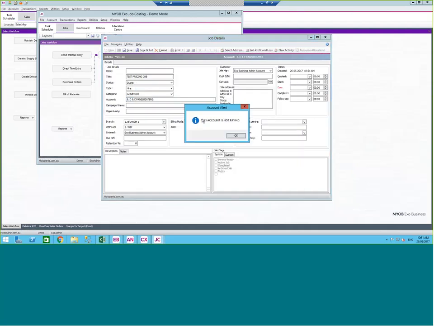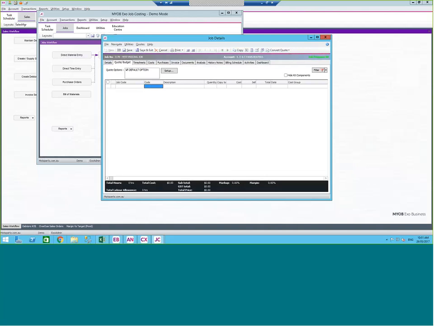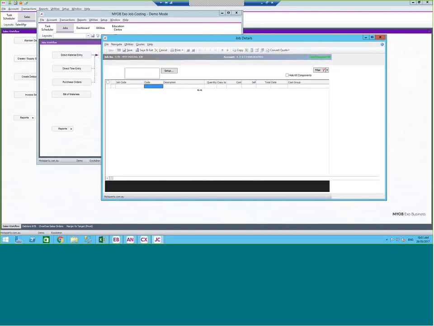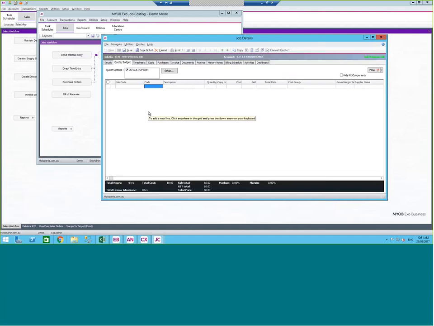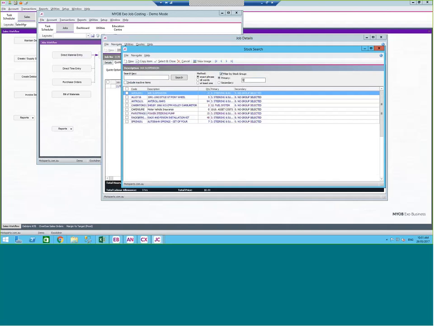We use our same panel beater as the customer, so the account is the customer or debtor that this job is being done for. And the items in the quote tab is effectively what you add in to build up the quote relating to labour or materials that you're doing. So if we choose the same items that we put in the quote of our sales order,